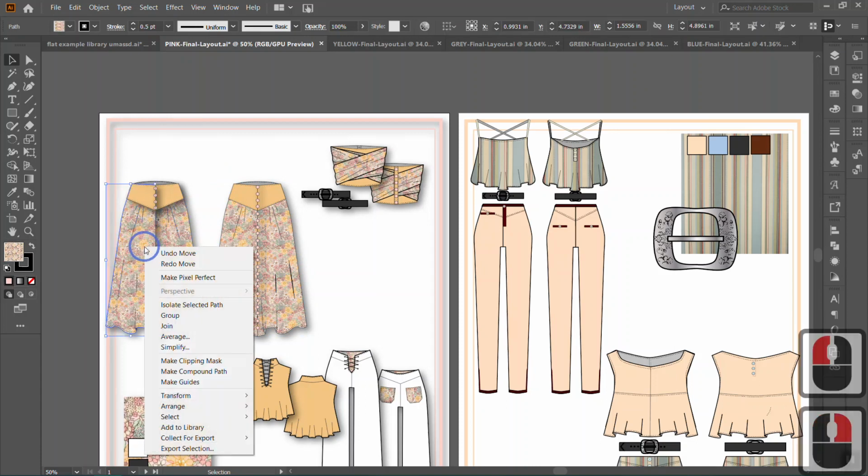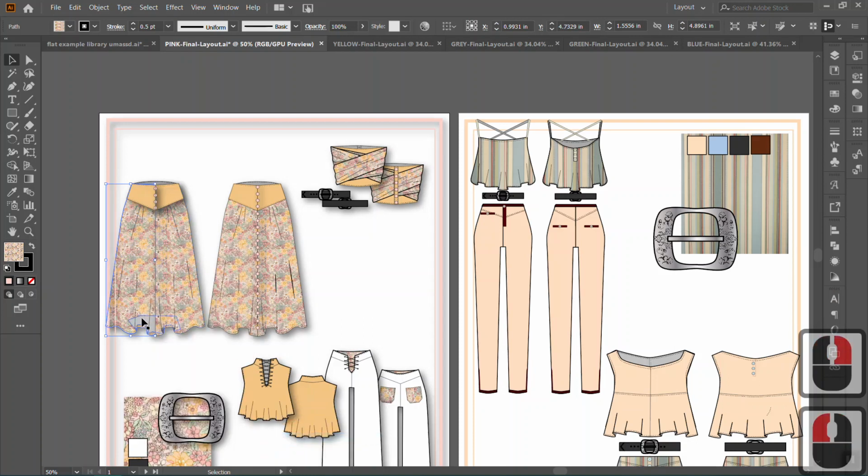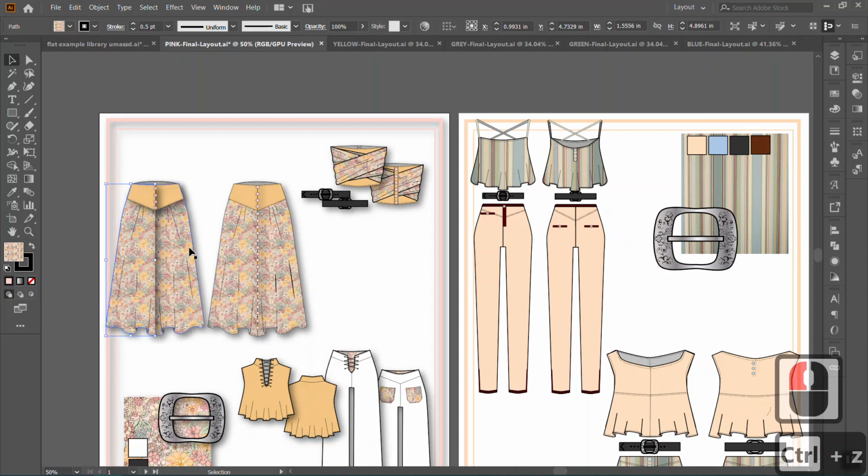If I sent this one to the back, then we wouldn't have a drop shadow there, but things get confusing. So we really do want to make sure that our objects are grouped before we put a drop shadow on